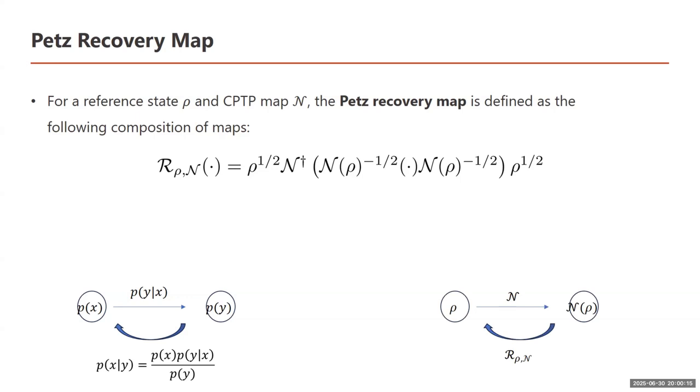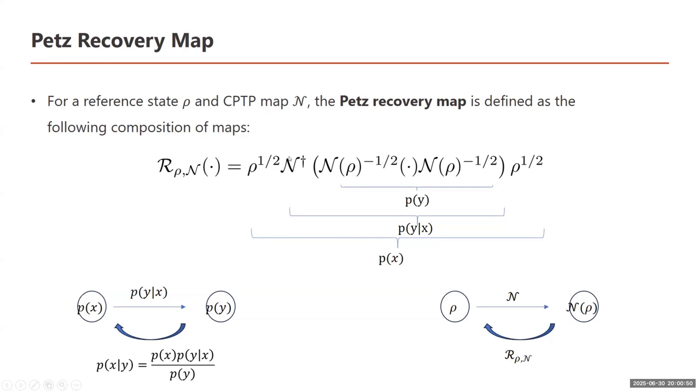So analogous to this, we will think of a distribution Px as an initial state rho. If we do this, then we can see this inner term as a Py, and multiplying by the N rho at the front and the back can be thought of as a kind of normalizing of the distribution into some kind of Py.